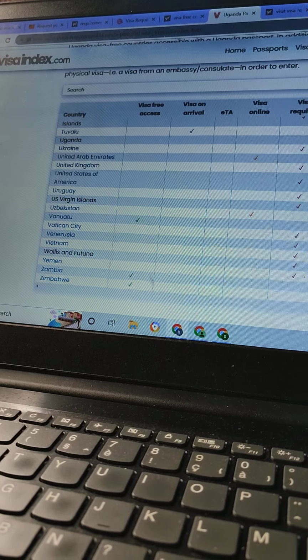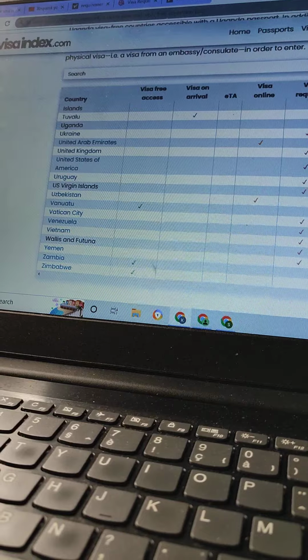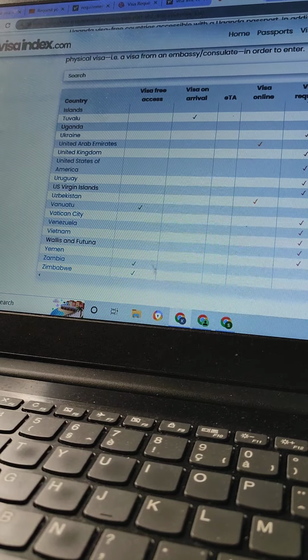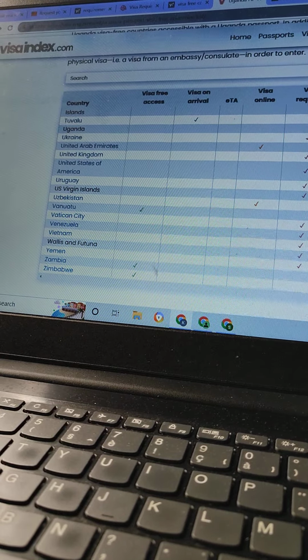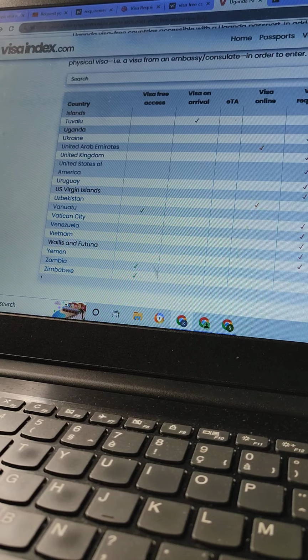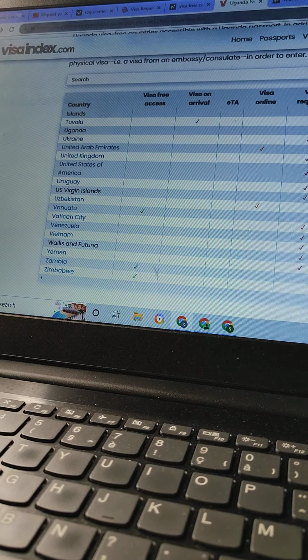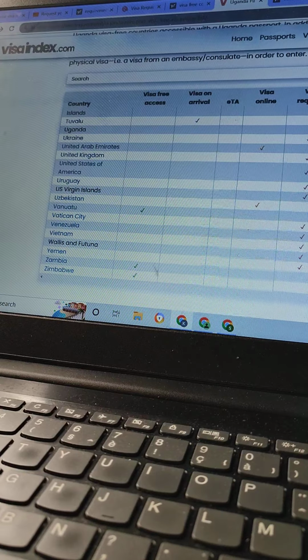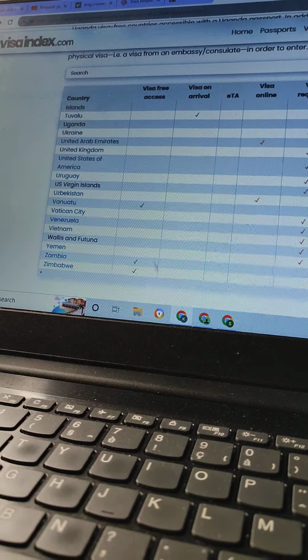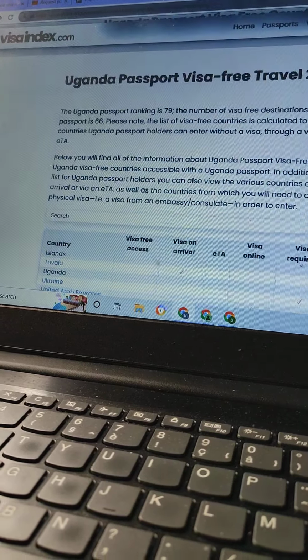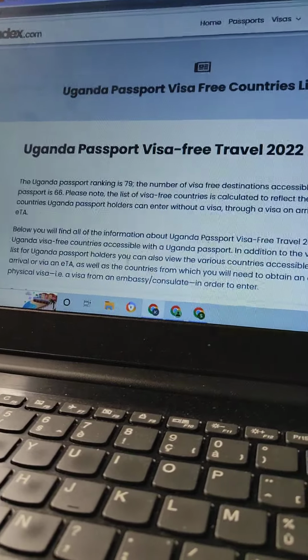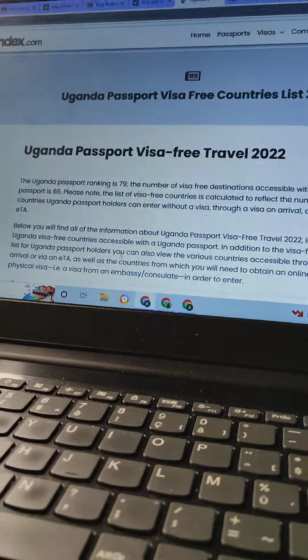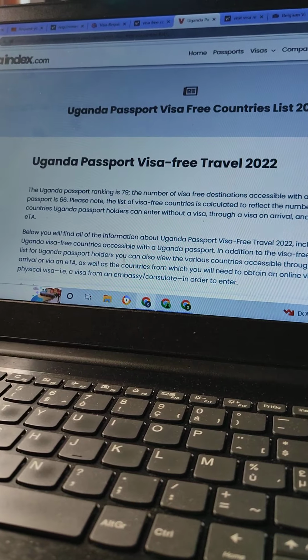So, think about it. If you need travel history to go to other countries, this is also a nice place because when you enter there, they will stamp your passport, and then you will have a travel history. So I'm going to take you now, since you have known the countries you can go without a visa. Now I want to show you countries that you can go.